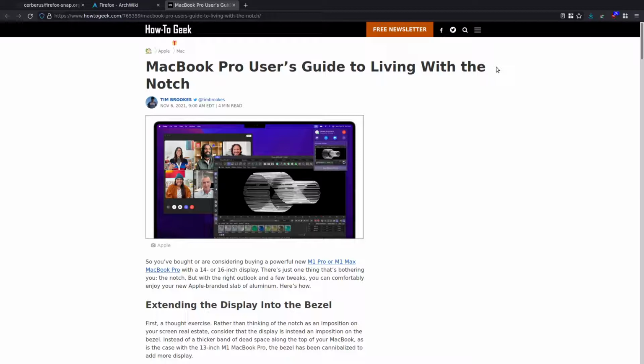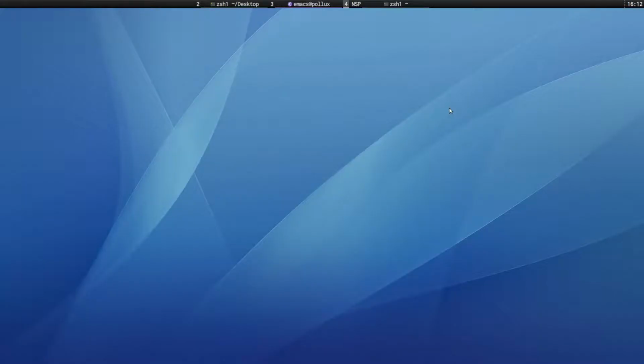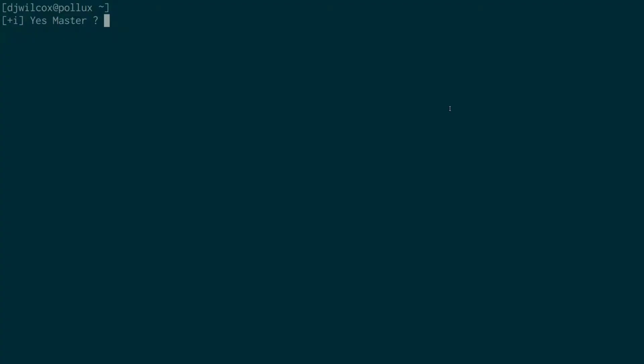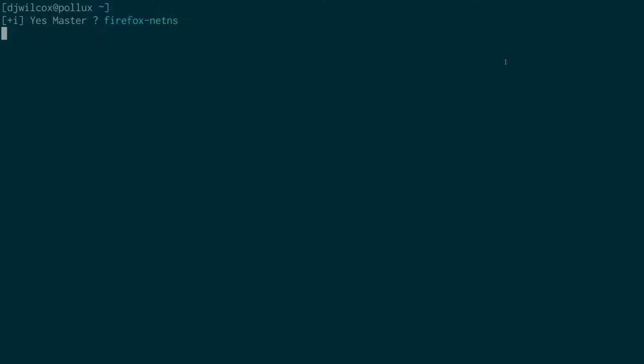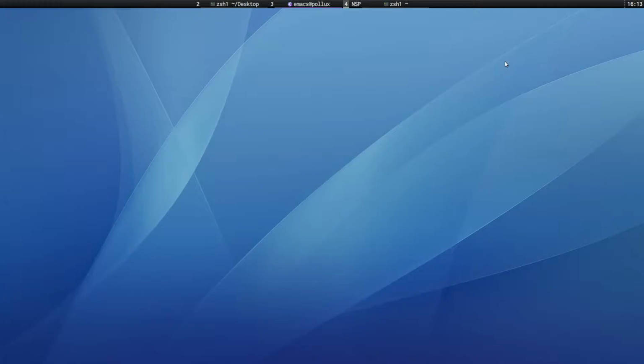And what I'll do now is show you this running in a separate network namespace. First of all, I'm going to launch the firefox-netns script without putting it in a separate Linux network namespace. So firefox-netns, and as you can see, the browser's coming up with all my extensions and everything installed. And to get that to work, we had to create the symbolic link. If you don't create the symbolic link, as I showed you,